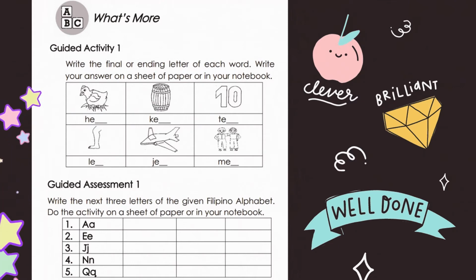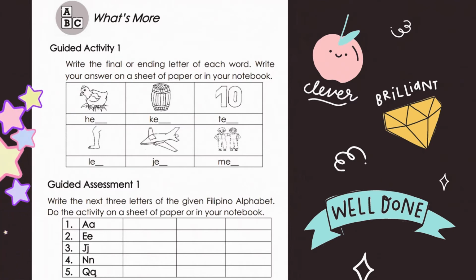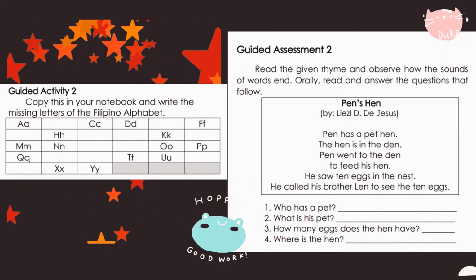Number 1, A. Number 2, E. Number 3, J. Number 4, N. And number 5, Q. For guided activity 2,